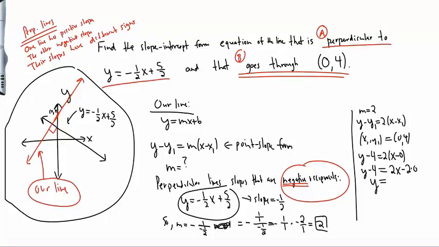Isolate y on the left. y equals 2x plus 4. So this red line over here has the equation y equals